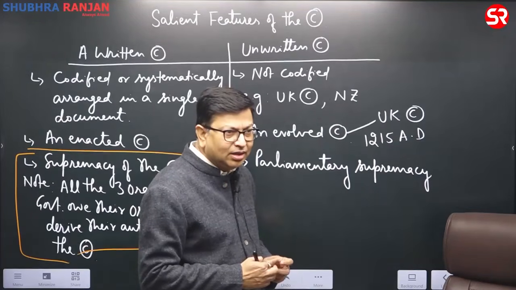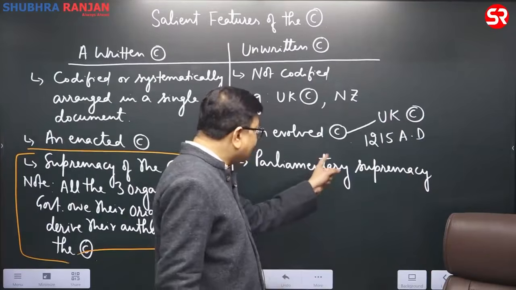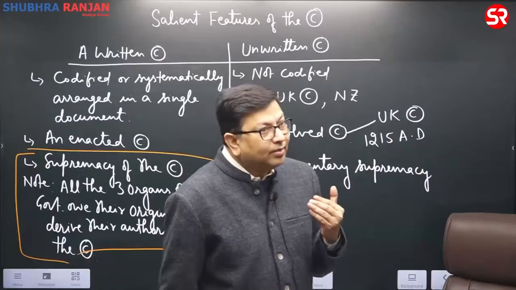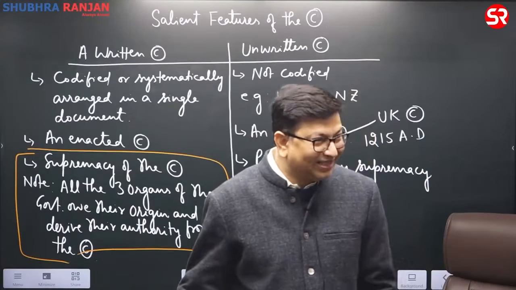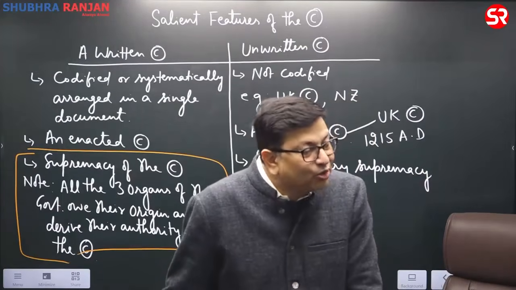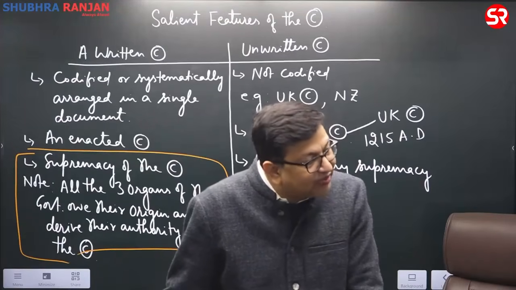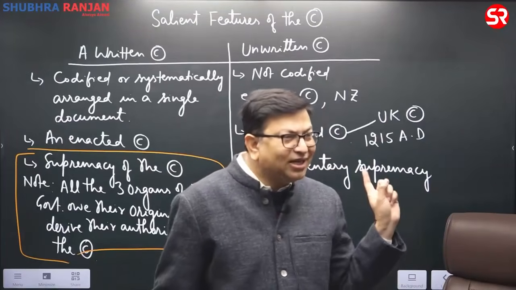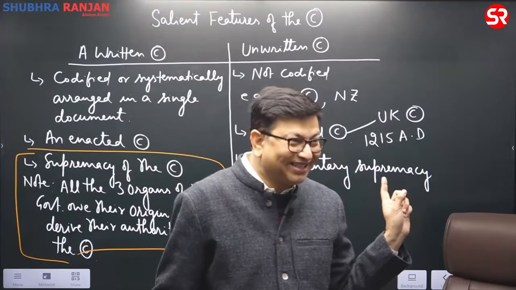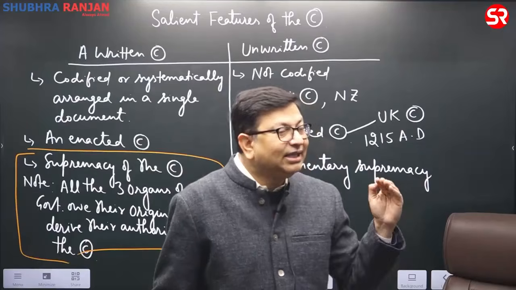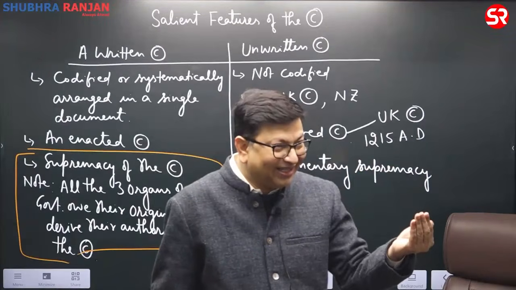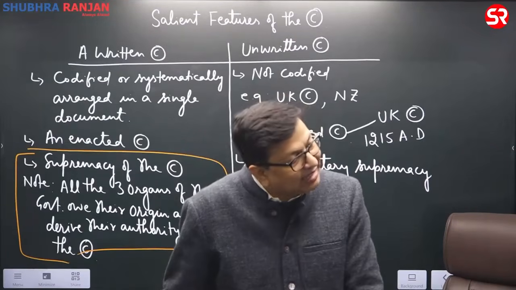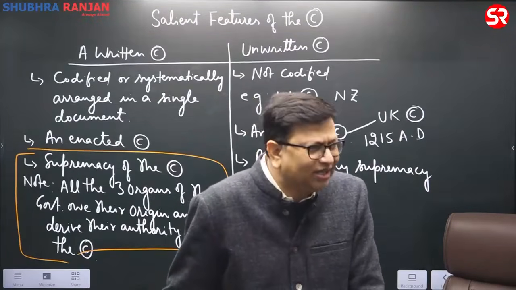Which aspect? Acha, parliamentary supremacy is there. So obviously, whatever is there, see, even if an established convention is there, the judiciary has to be independent. So we have got certain customs and conventions which are prevailing in the United Kingdom also. So no doubt they have not been written down. And here we are talking with respect to the law making process. Here we are not talking about the independence of the judiciary. So even if the conventions and customs are there, they play an important role in deciding all these aspects. It all depends on the political culture also.